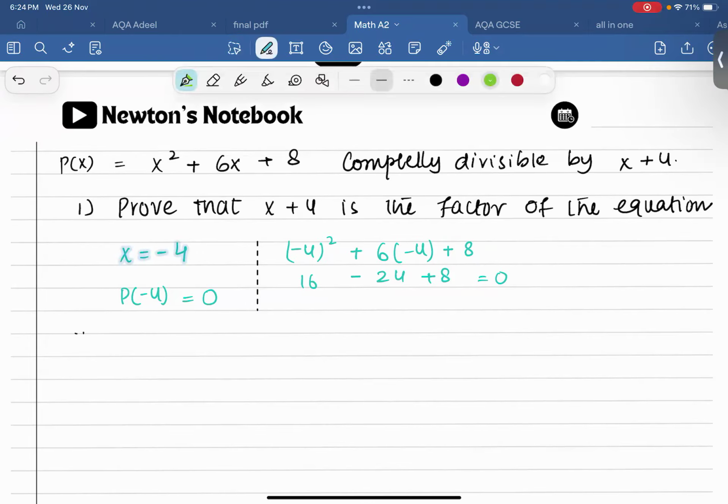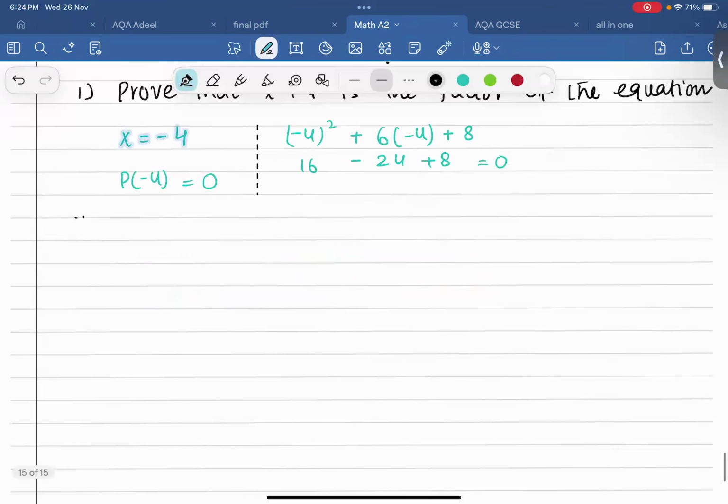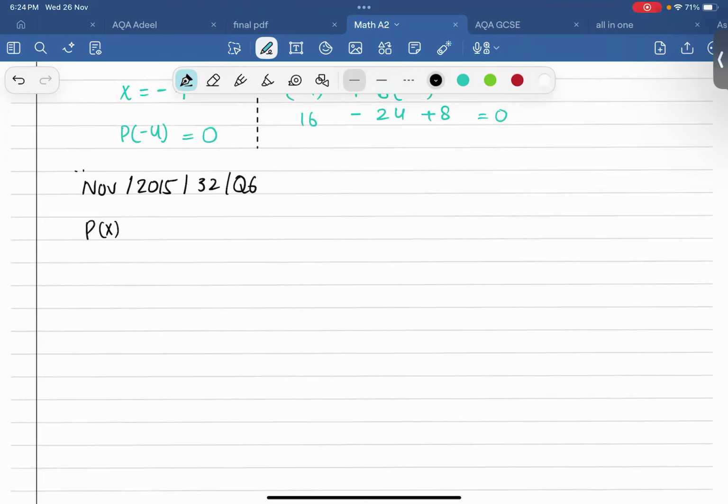Okay, so let's begin. So I have the question, and the question is from November 2015, question 6. So we have given a polynomial p of x equals 8x cubed plus